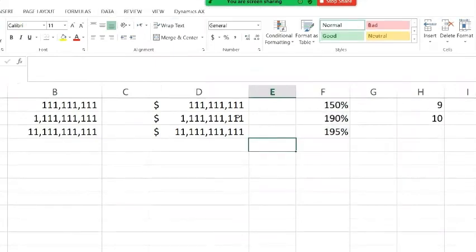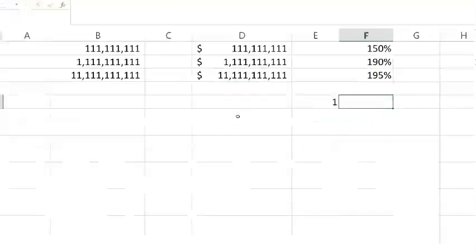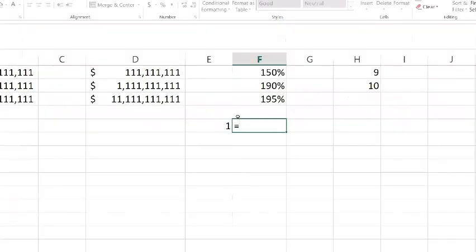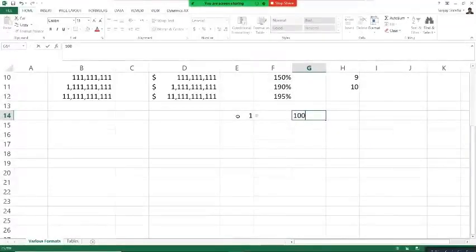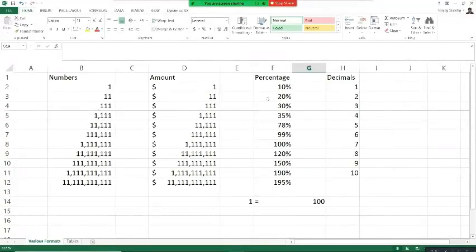In Excel, when we write 1, Excel understands it as 100%. So in order to make sure that the numbers are converted to percentage correctly, we must enter them as decimals. So 1 is equal to 100%.